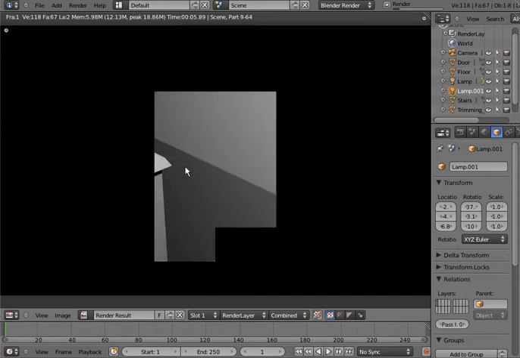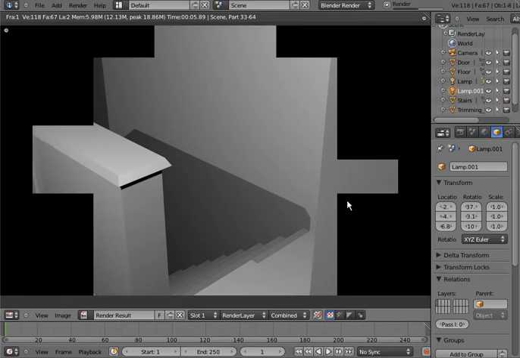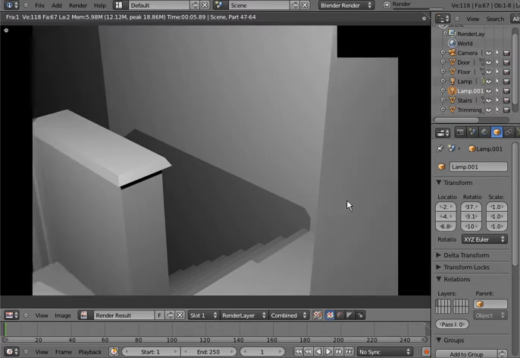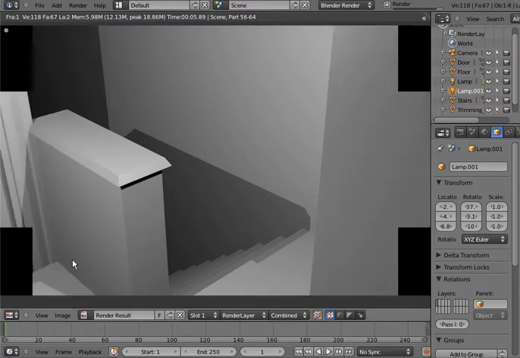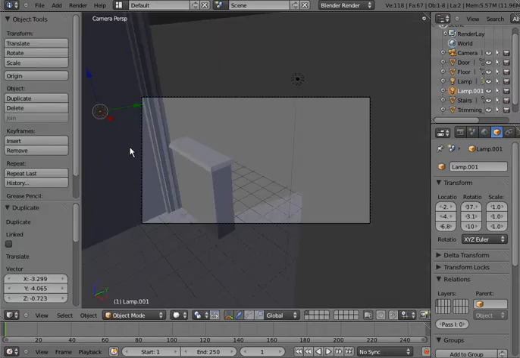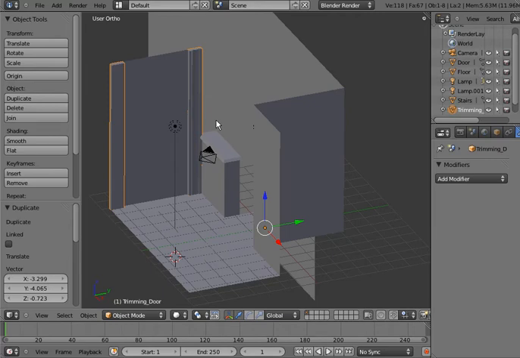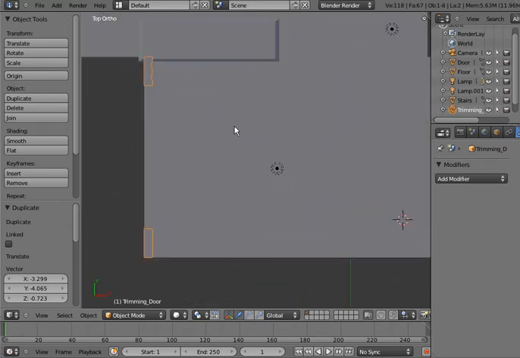You don't want it to be in camera because that'll create a sort of ball-like glare, and we don't want that. Alright, and as you can see here, from the angle that we have, it gives our trimming an illusion of, well, good trimming. But you can see it's a little too wide. So what I'm going to do is click on the trimming, hit 7,